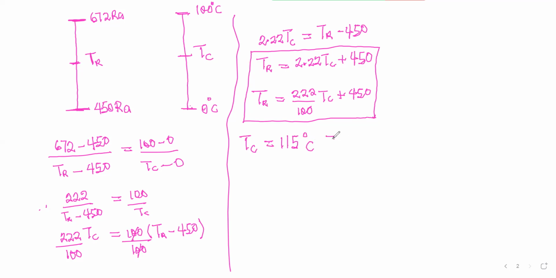What will be its equivalent on this new temperature scale? Once you have the relationship, you are good to go. So T R will be equal to 2.22 times 115 plus